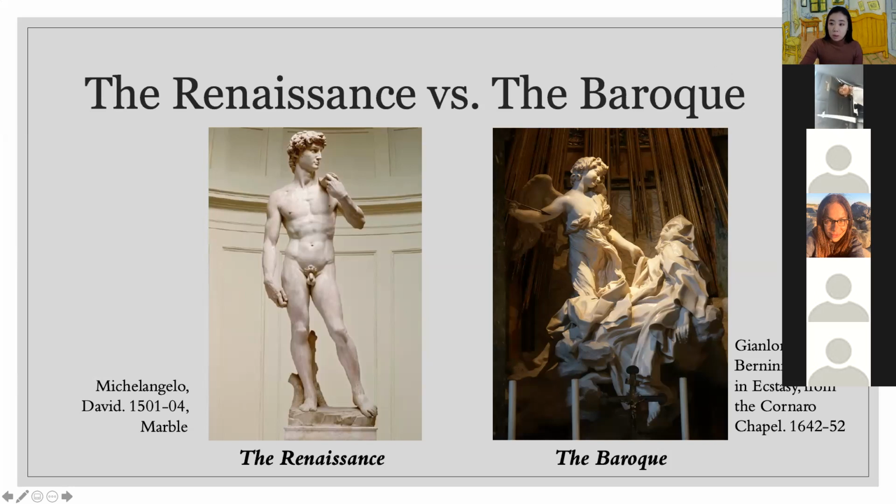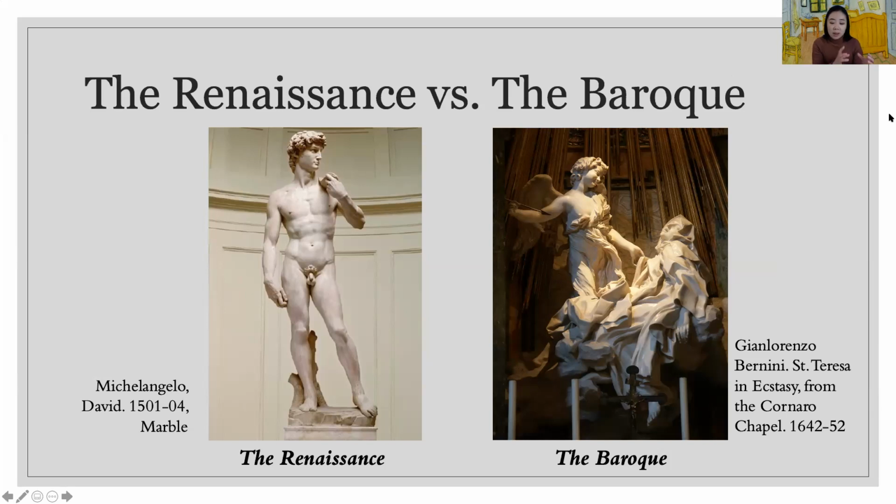So Michelangelo's David shows the beauty of balance, and it shows the ideal beauty. It is very bright to celebrate the hero. On the other hand, the Baroque sculpture of Saint Teresa is dramatic and even theatrical, and it shows heavy light contrast by locating the sculpture in the darkest spot and using window light from the top of the roof. That is one of the features of Baroque art.